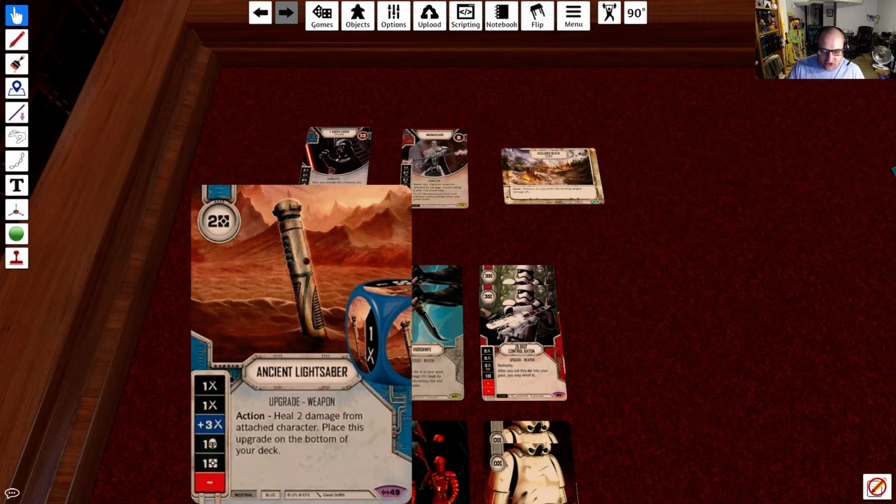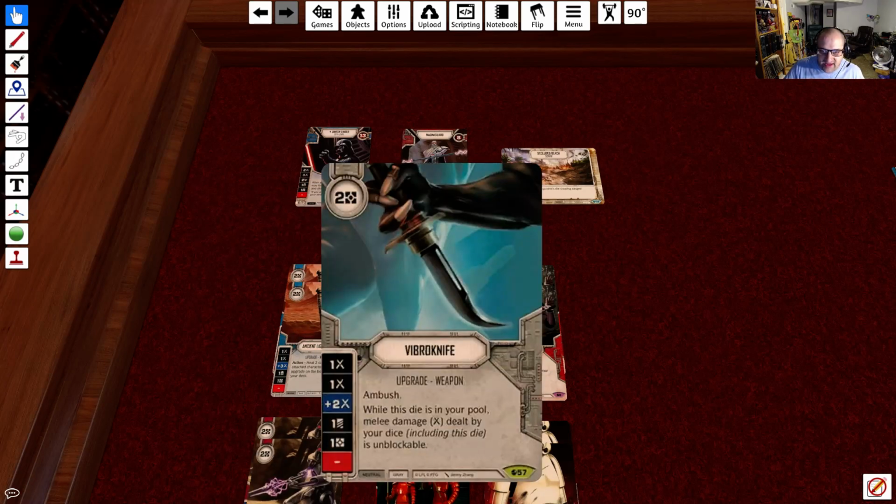This is probably mostly going to go on Vader because the MagnaGuard is basically there just to die, essentially. So we don't really necessarily need to heal the MagnaGuard, but we're going to be using the MagnaGuard to keep damage off of Vader. So we have 2 Vibroknife, 2 resources, 1 melee, plus 2 melee, discard, resource, blank,